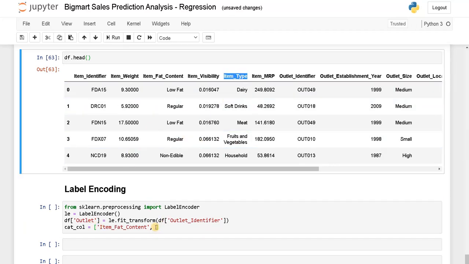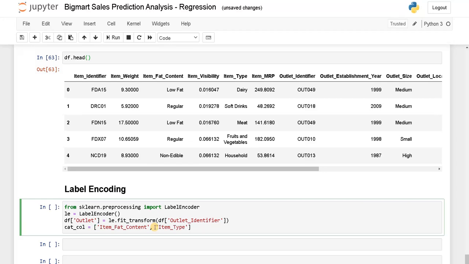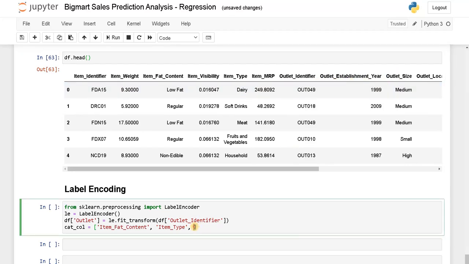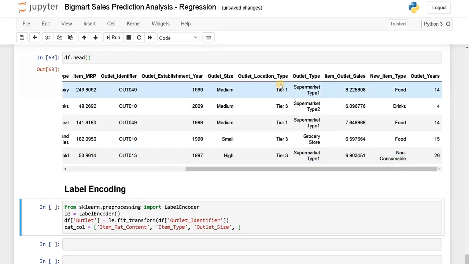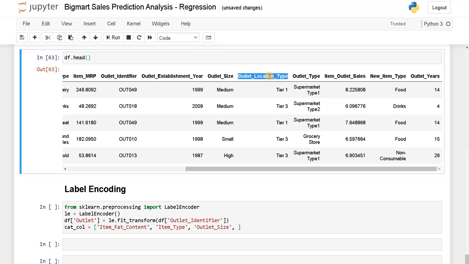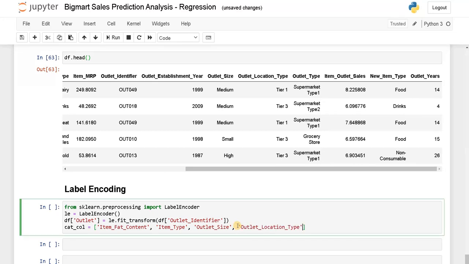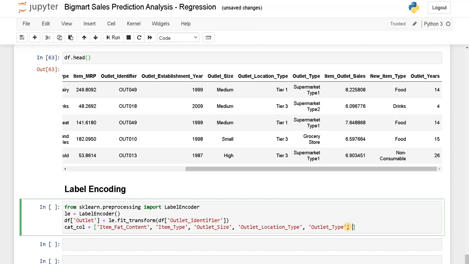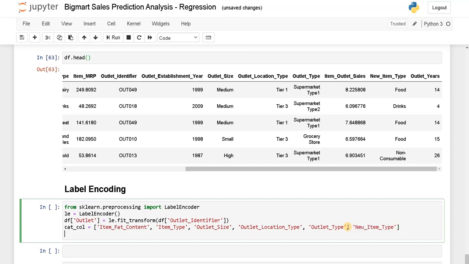Item type, outlet size, outlet location type, outlet type, and the last is new item type. Okay, these are the categorical columns.